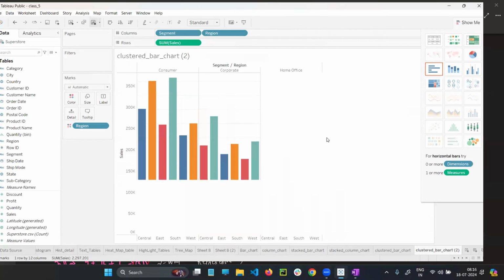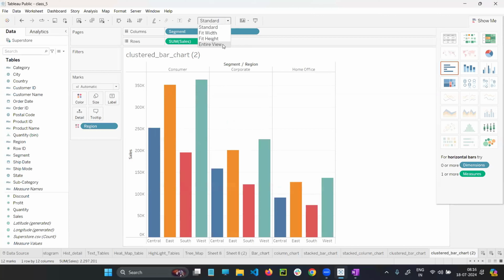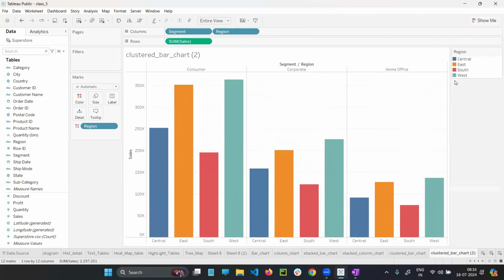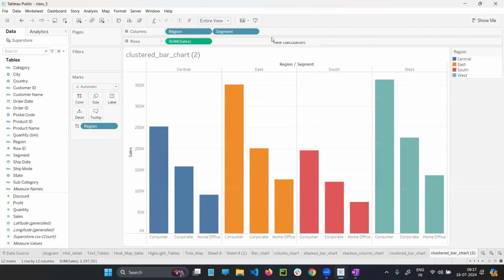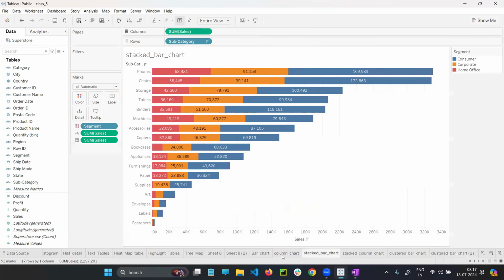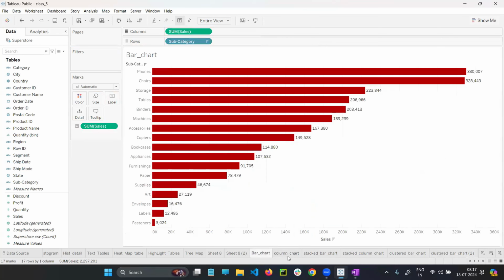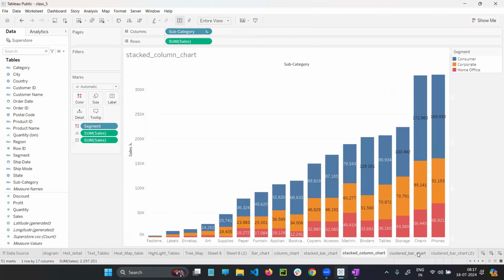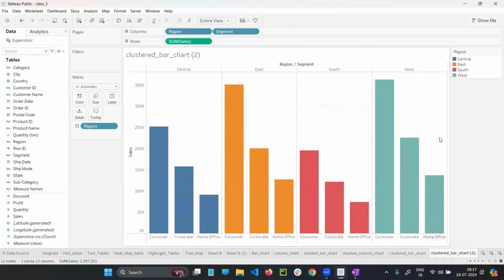Now see, I'm going to click on it, and I'm going to close it. Now you see, did you observe or not? So you change here, for example, you just change every region. So this is how bar charts will play a key role. Most of the information that you are going to represent will be with the help of bar chart